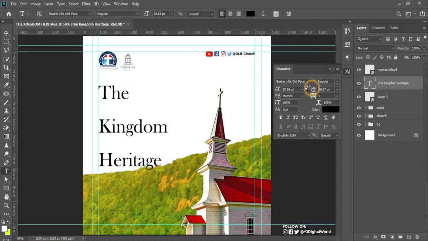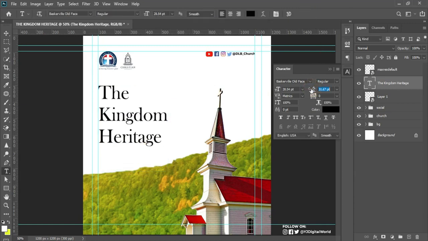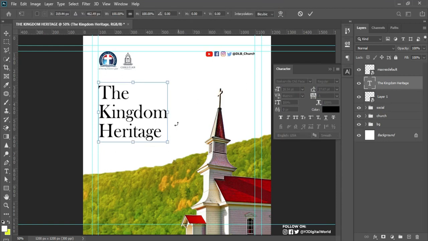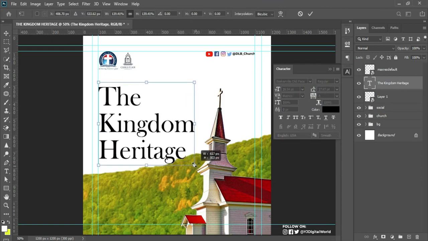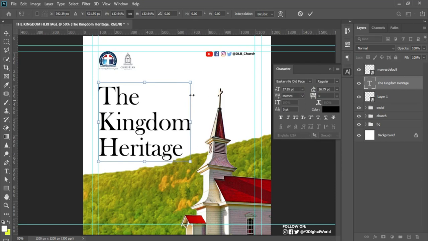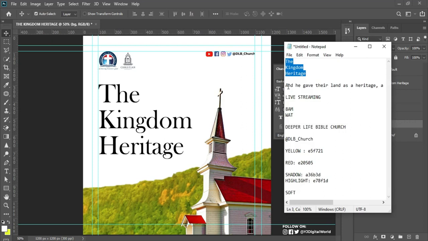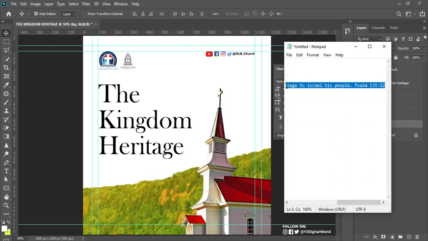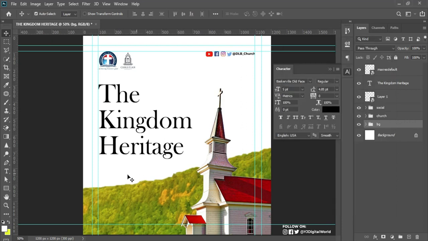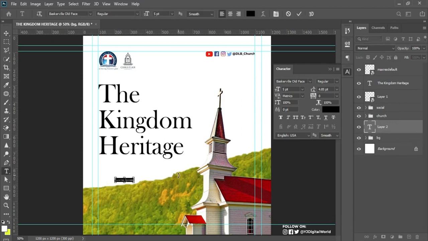I'll reduce the leadings, that is the spacing between text on the vertical axis. I'll reduce it to something of this. So after doing that, Ctrl T and I'll scale this up a little. Okay, so after doing that, come back here as well, select this other set of texts. I'll copy it, come back to my Photoshop, pick my text tool. I'll be using the Montserrat for this set of text. I'll come back to my character panel here and change this to Montserrat,